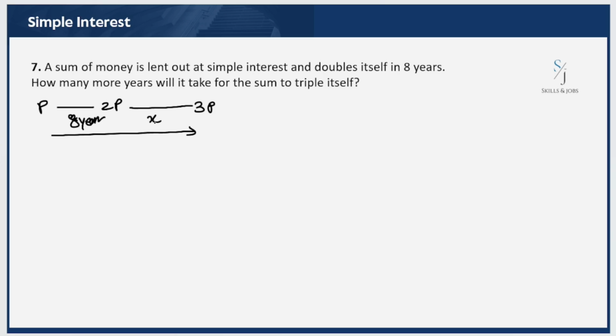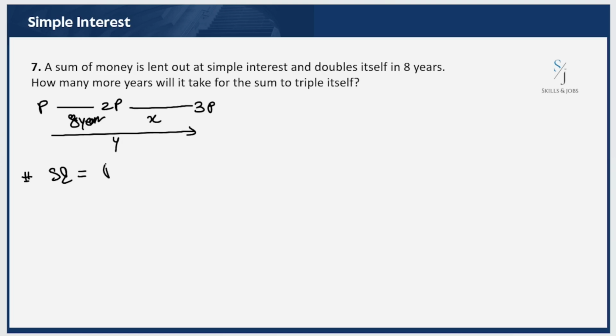Now they want to know how much time it is going to take to become triple. We can say X or Y, just a variable we are putting. So we need to calculate either X or Y, or we can calculate both. So let us read the first sentence once again. The sum of money is lent out at simple interest and doubles itself in 8 years. So simple interest